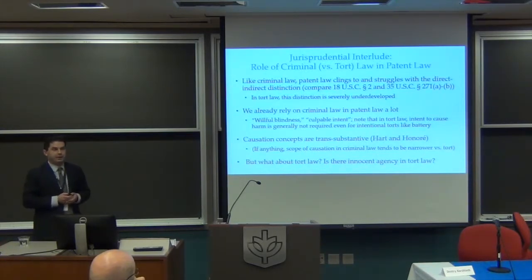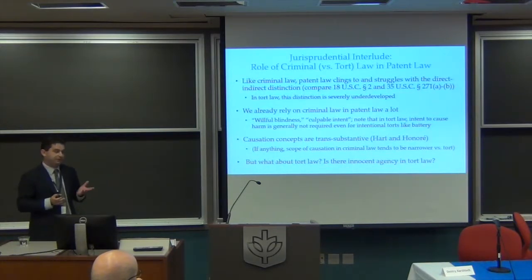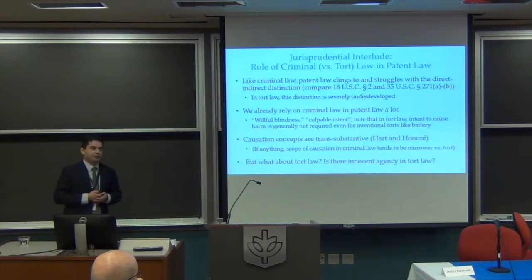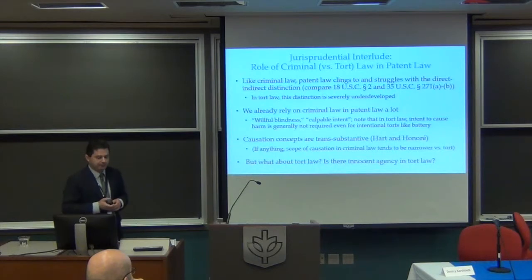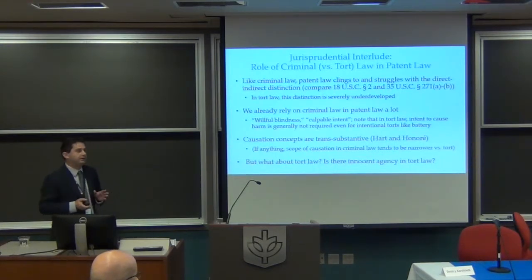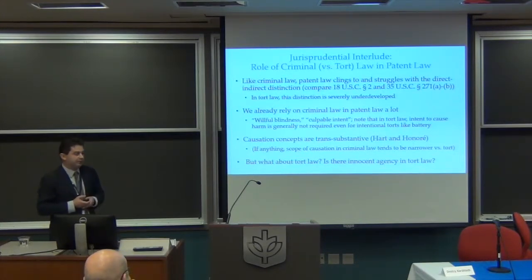I talked to Bob Rabin, a noted tort scholar at Stanford who has co-authored a casebook, and I used the words secondary, indirect, and so on. He said, well, we don't really use these concepts in tort law. You may have joint tortfeasors. But I think it's safe to say, and Mark Bartholomew has written on this, that this aiding or secondary liability concept, outside of something like aiding and abetting civil fraud, is really quite underdeveloped in the principles tort law uses. Criminal law, in fact, has dealt with accessory liability and accomplice doctrines much more.